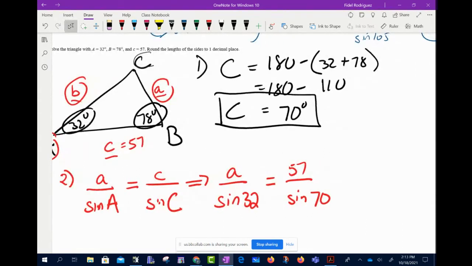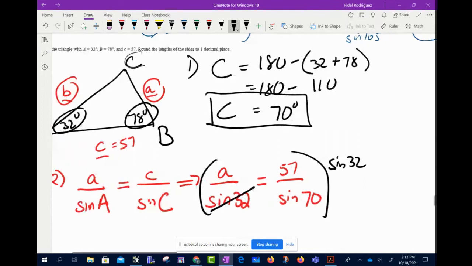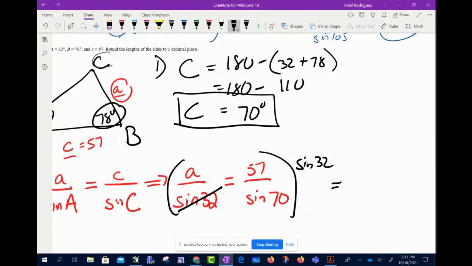Okay? So y'all, just like we were doing before, I'm going to put this part in parentheses, and I'm going to multiply by the sine of 32 so that we can cancel that guy right there. So this is going to tell me that a equals 57 times the sine of 32 divided by the sine of 70. Okay. All right. So now that I've got that part here, y'all,